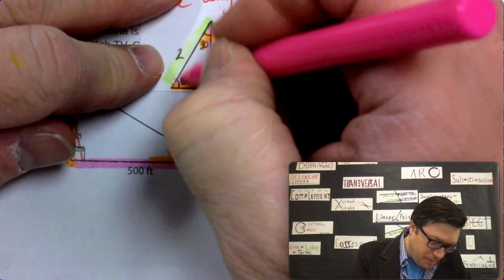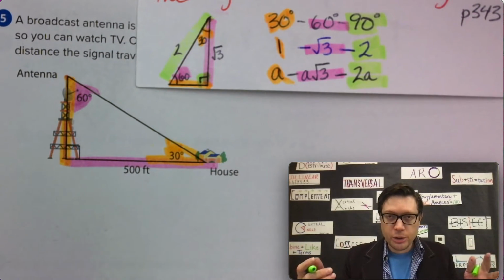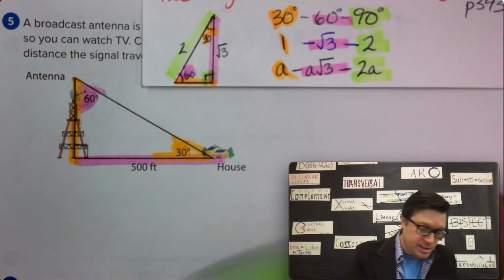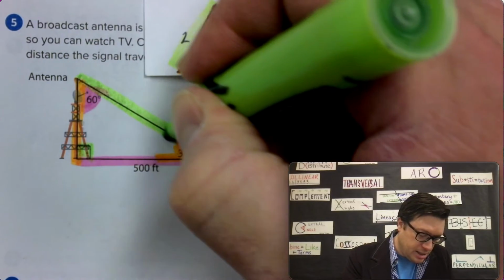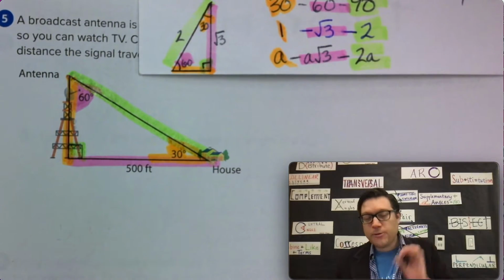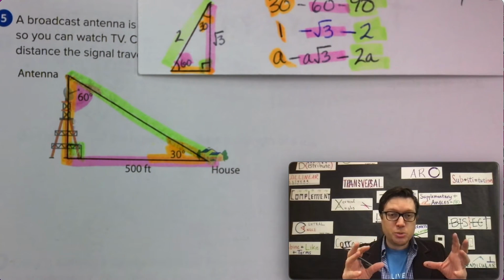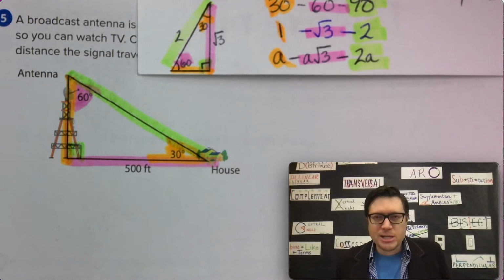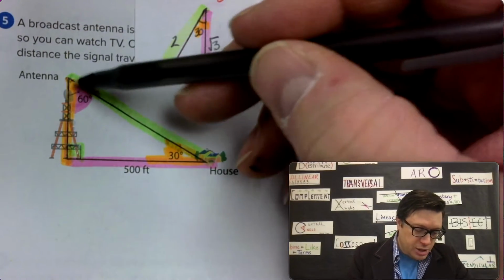Pink, pink. And then last of all, green, or whatever color you're using. The 90 degrees, highlight it green. And then the hypotenuse, the side opposite the 90 degrees, highlight that the same color. The reason for doing all of that is that it lets us know this is the proper arrangement of the sides of a 30, 60, 90 triangle. And then we can use this structure to actually set up